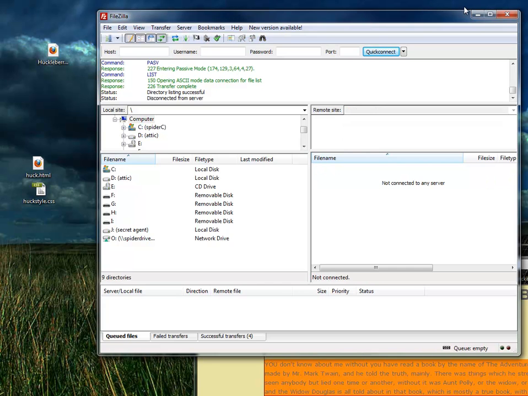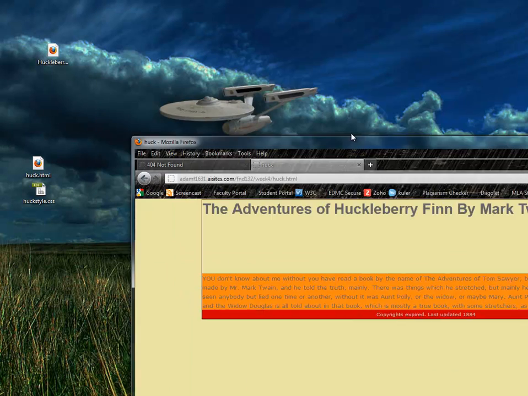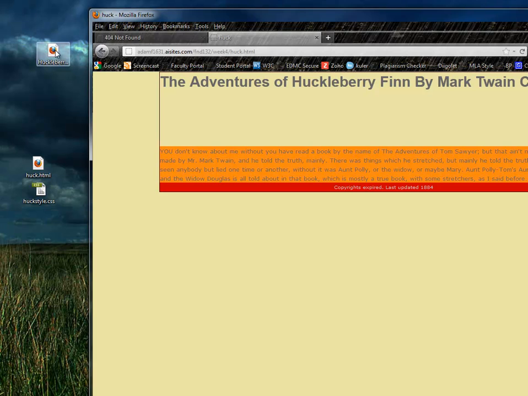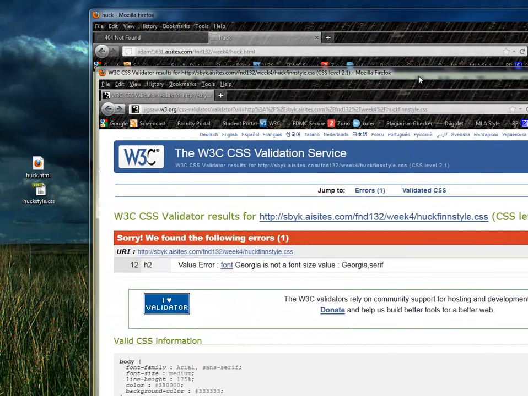So I'm going to close this out. Your account's fine. Bring this up over here. I can actually get rid of what I used there. These are the two files. I uploaded them into your directory. I have it up in the browser. It looks good. Now I'm going to copy this, go back over to the validator, and I'm going to